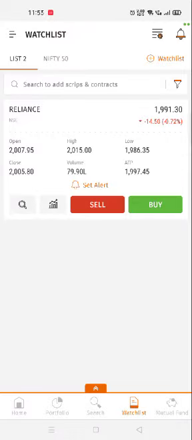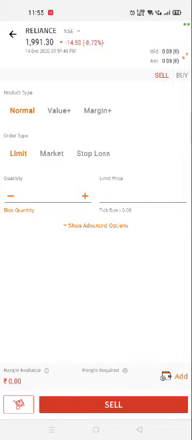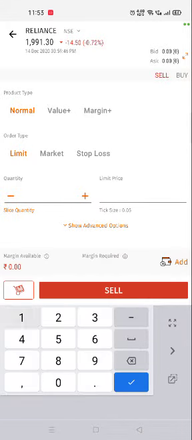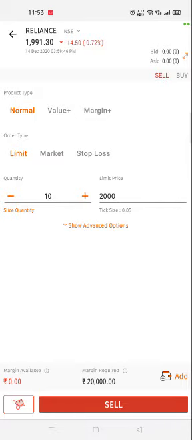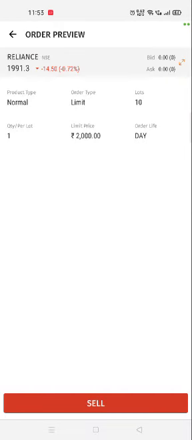Now we will see how to sell. We will click on the sell option, and the same, we have to select the quantity, then enter the limit price. Suppose I want to sell it at 2000, then I will click on sell.